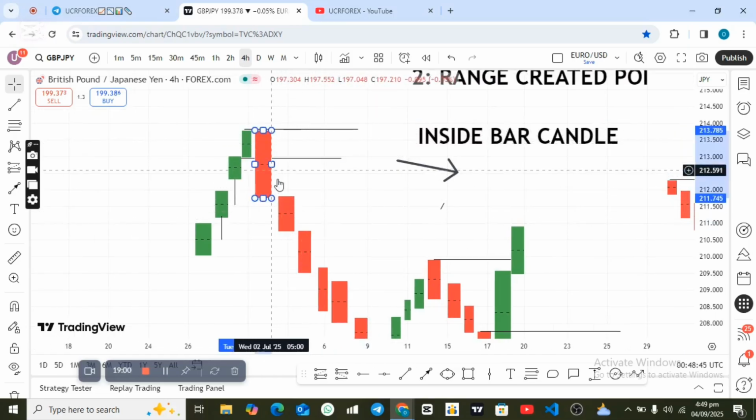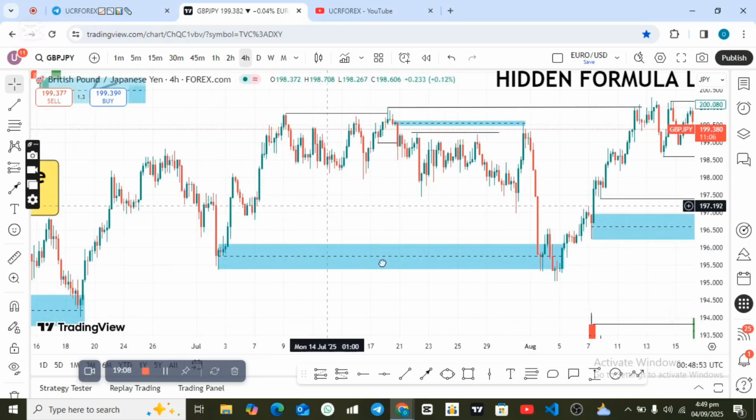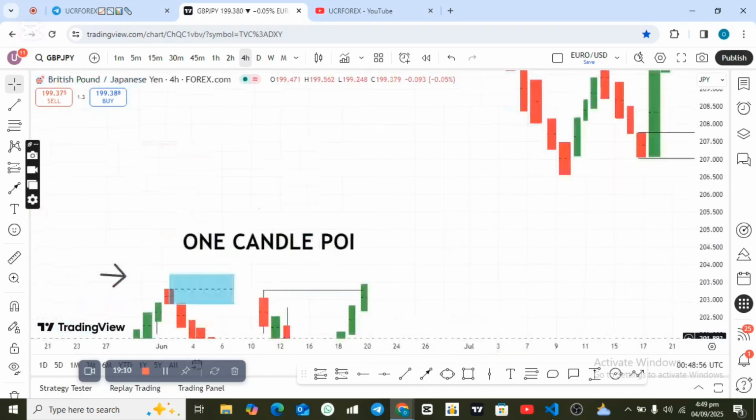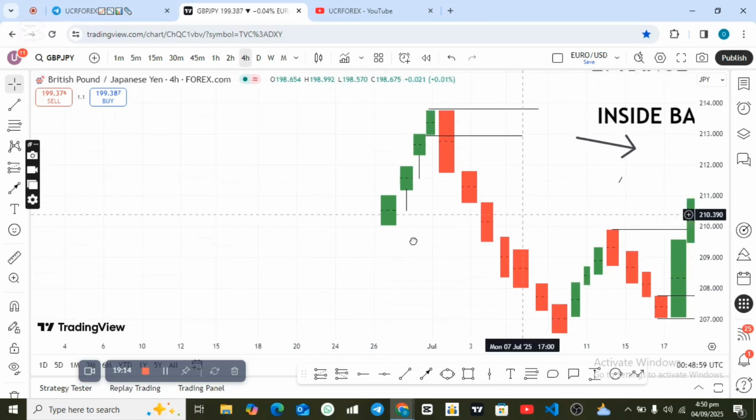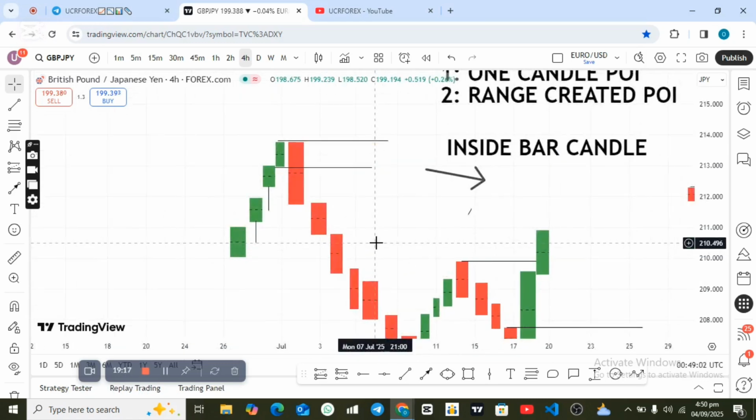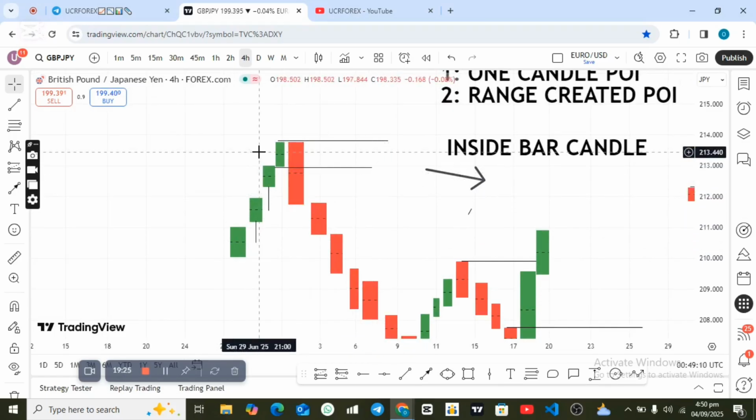Let me try and draw this. You spot a candle that looks like this. Let's try. Where is it? Okay, this part. You spot a candle that is the last candle of that particular structure, and you want to mark your POI, a bearish POI, only to discover that the low of the previous candle is the same, as in we have two candles whose lows are the same,